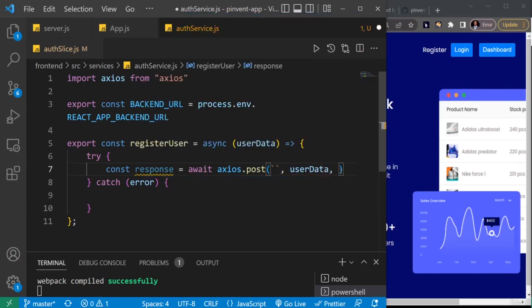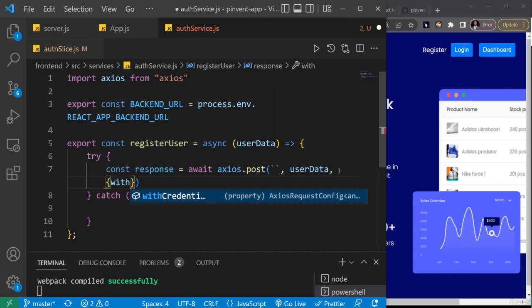Then the last thing is you want to allow this request to get some form of credential from that API endpoint. Remember that when we register a user, we are getting back a cookie from that backend URL, and it's that cookie that will be saved in our front end and enable us to know that this user is logged in. So there is a property in Axios that you need to specify to be able to get that cookie and then save it in your browser, and that property is going to be in an object. The name of that property is with